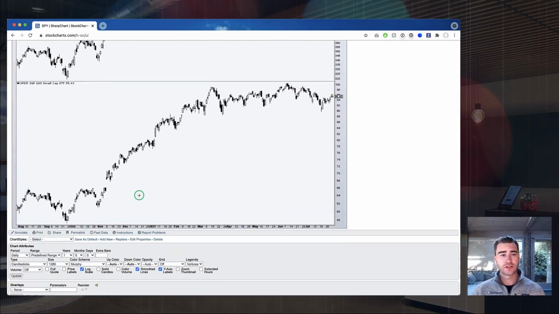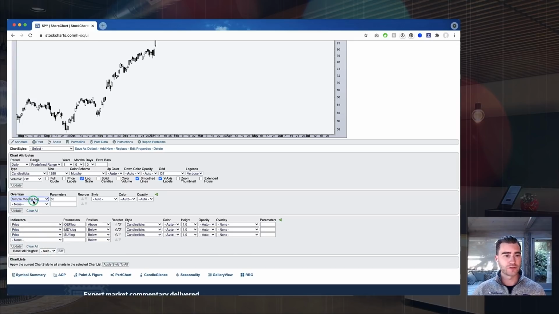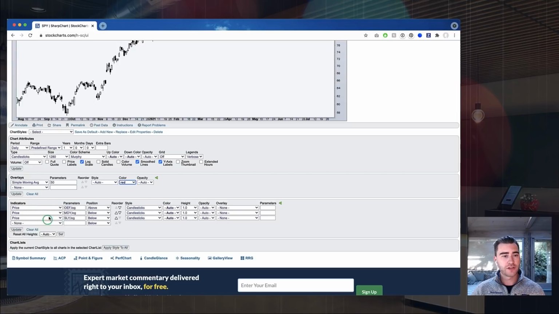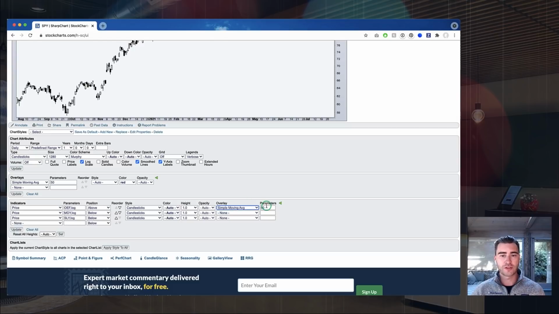And we can even start to do some fun stuff. Like we said, we're going to show you how to add moving averages, for instance. Let's say we wanted to add a 50-period moving average. I actually like to make my 50 periods red, so we're going to set that specifically. We can now come down to these price indicators, and we can also add that same simple moving average to these different price panels. So we can do 50 in the parameters box,